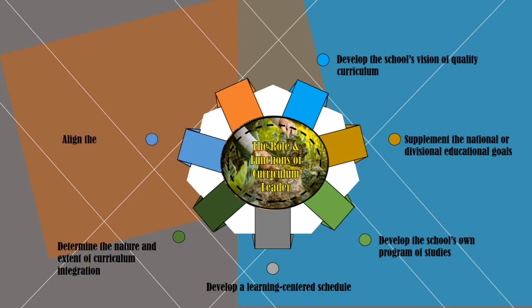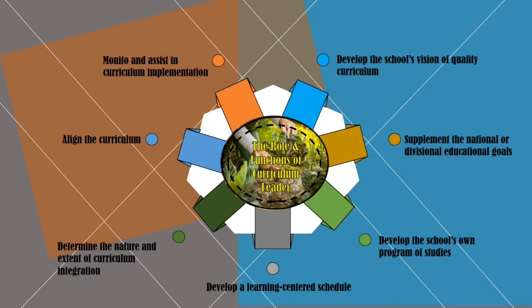Then another role is to align the curriculum. When I say curriculum alignment, this is the process which educators across all levels formally evaluate a course or an educational program in order to address changing needs of students and that of the workplace. And then we have the role to monitor and assist in the curriculum implementation.